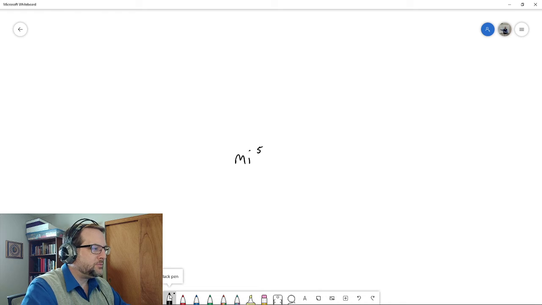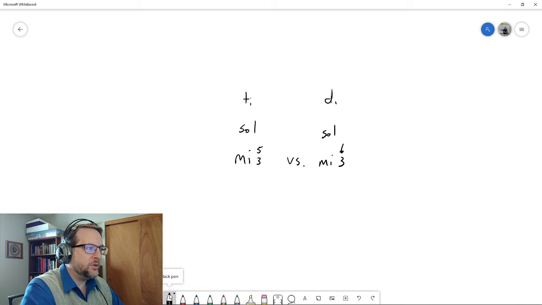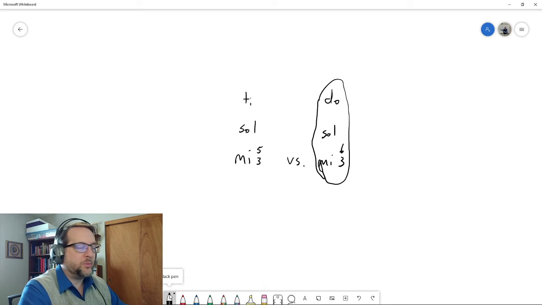Mi 5/3 has the note Sol, and up a fifth from Mi is Ti. Now this is an interesting chord because, first of all, in our rule of the octave, we generally expect there to be a Mi 6/3, Mi, Sol, and Do. We're used to our tonic triad. We like to have those notes together, Mi, Sol, and Do. Something really odd happens with Mi, Sol, and Ti. And that is,